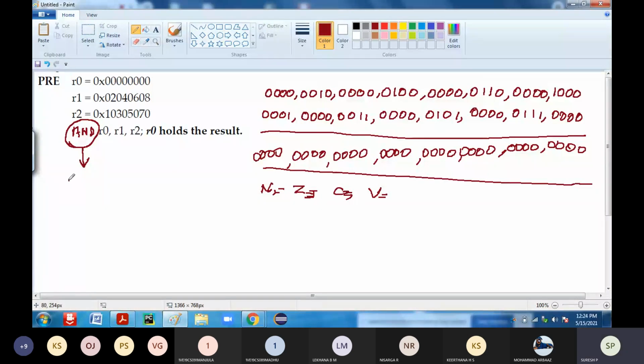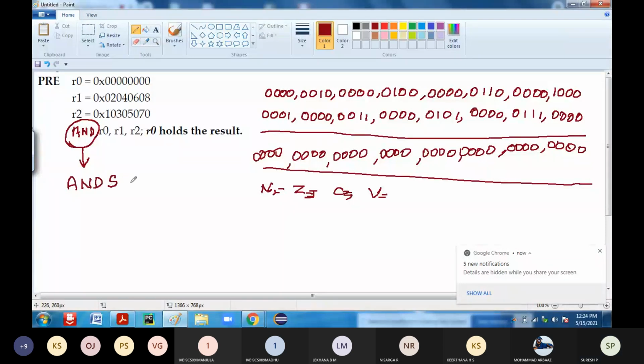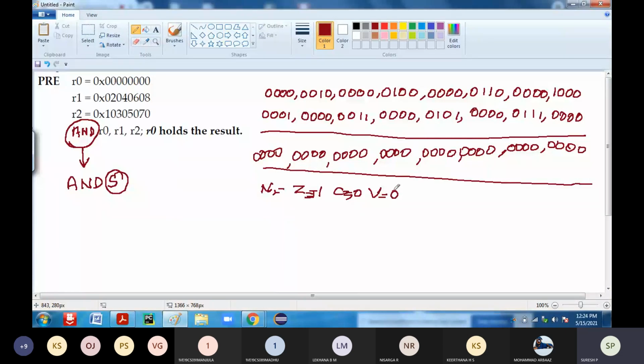If I want to update the flags, it will update the flag only if it has the suffix s. That I am telling many times. Only if you have the suffix s, then it is going to update the flag. So when you have the suffix s for this particular instruction ANDS R0, R1, R2, then only it will update the zero flag to 1. The remaining flags will be 0 itself because it is not overflowing, it is not generating the carry, and it is not having a negative value. It is 0. So the answer you are going to get is 0.